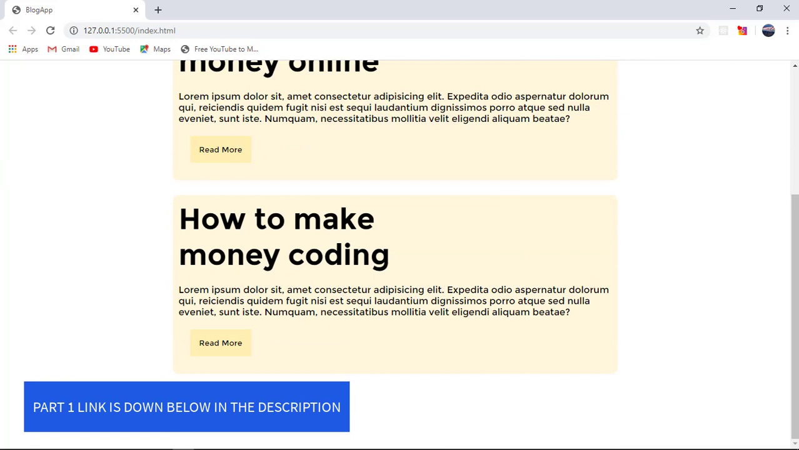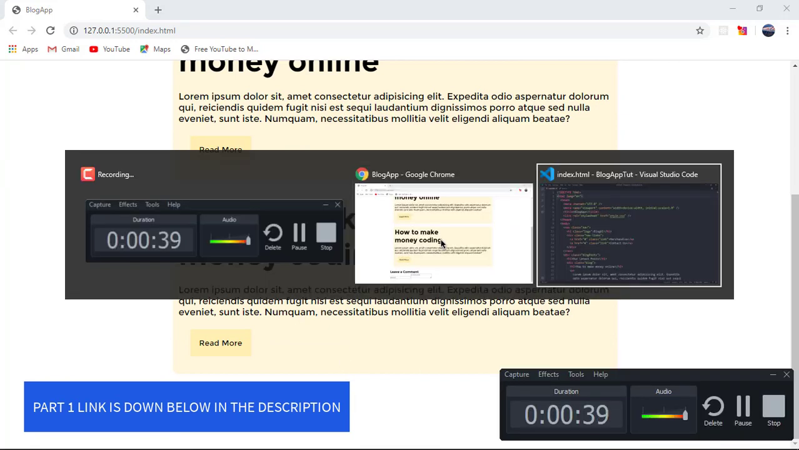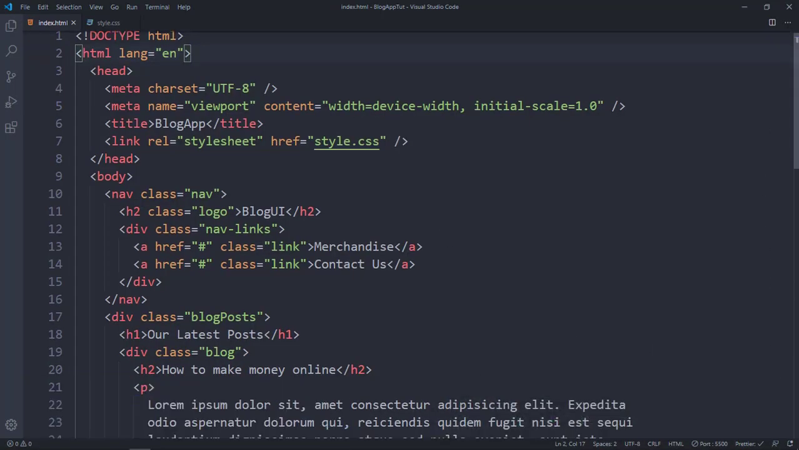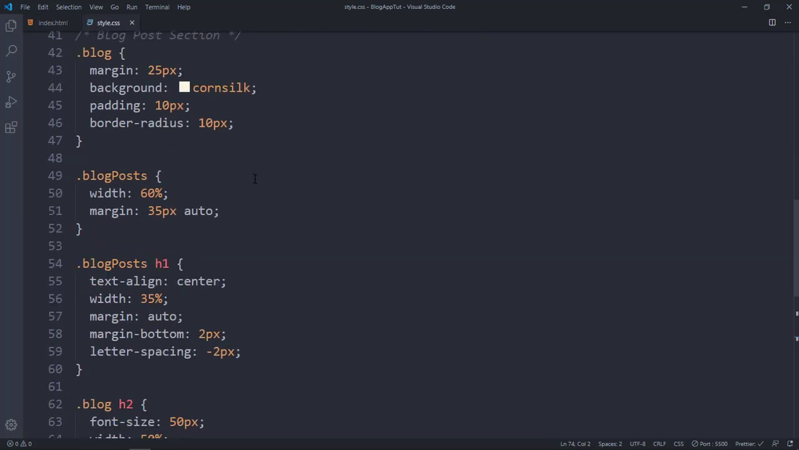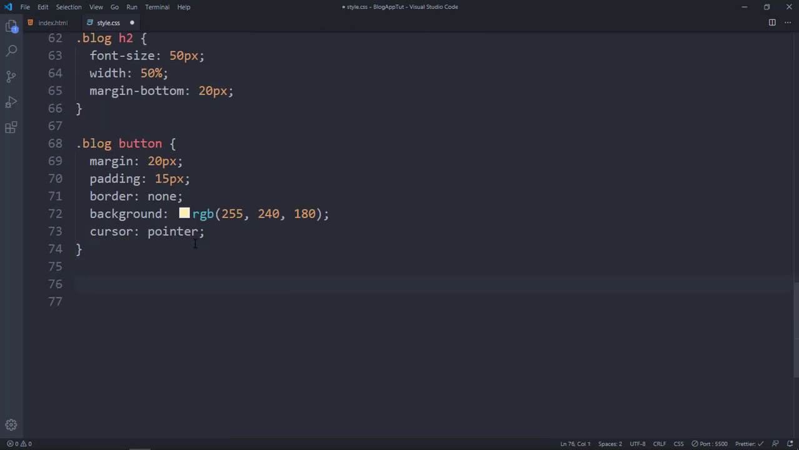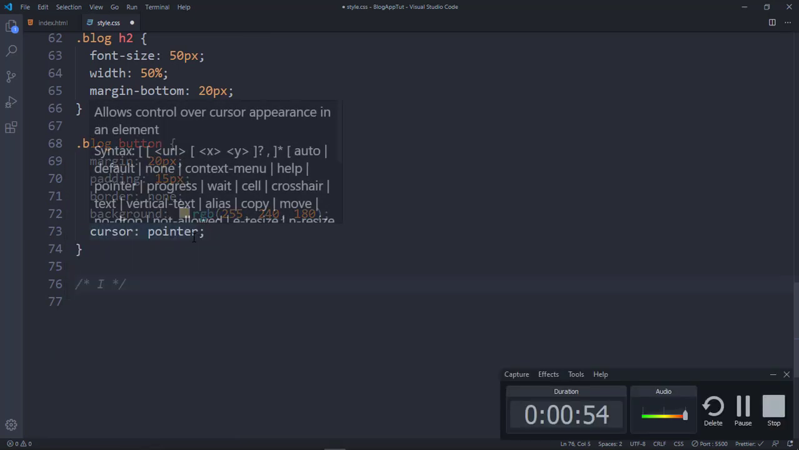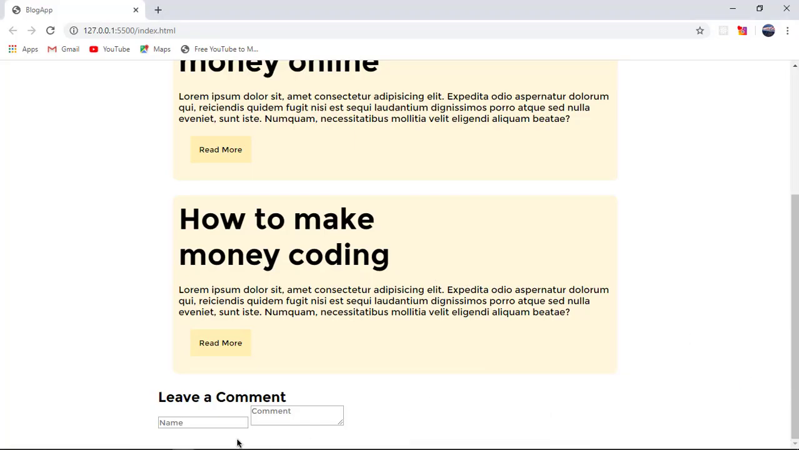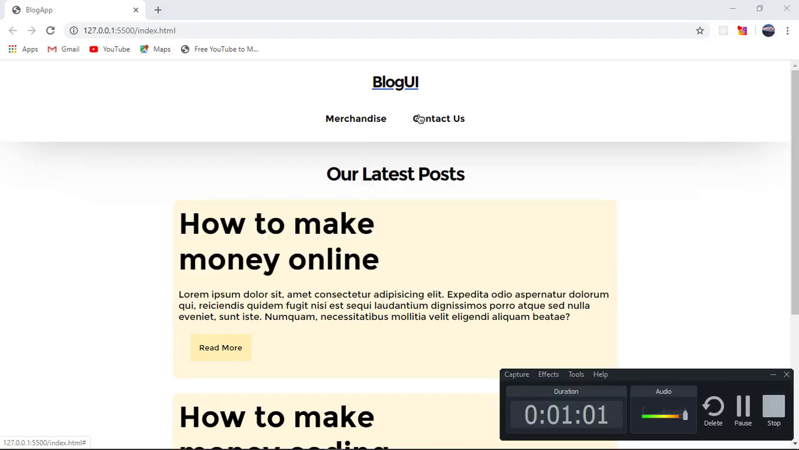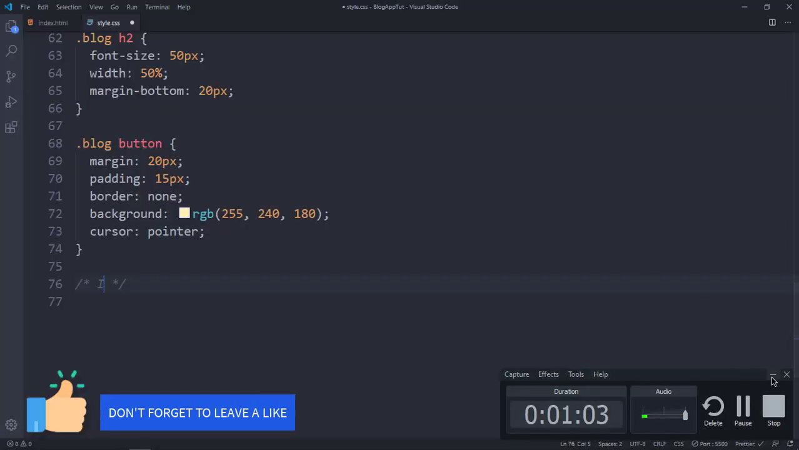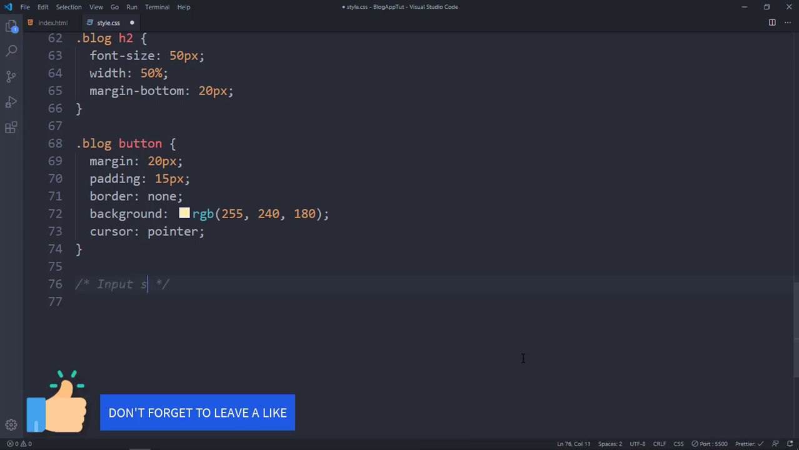So we want to style this input section now. Minimize that. Here I have a div with the class of input section, and I have an h2, input, and a text area. By the way, for this section we're going to be styling the input, and creating the contact us page might not take less than 15 minutes to make. So I'll say input section